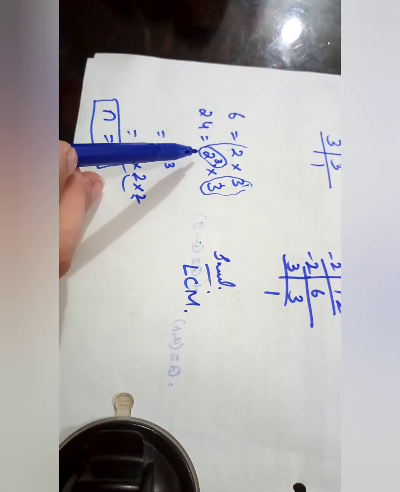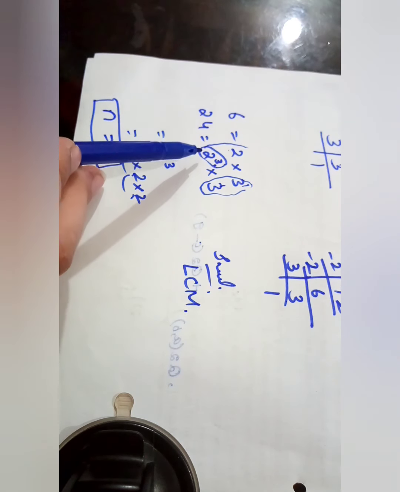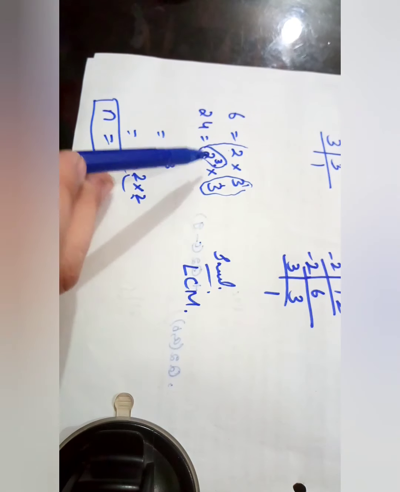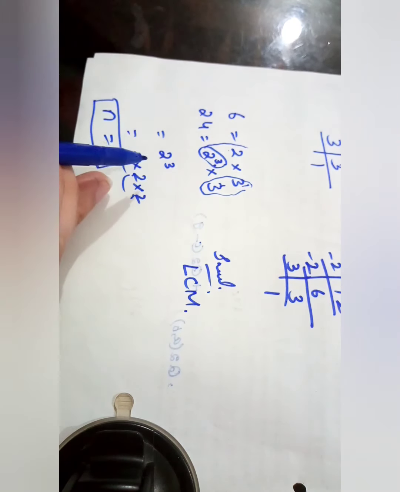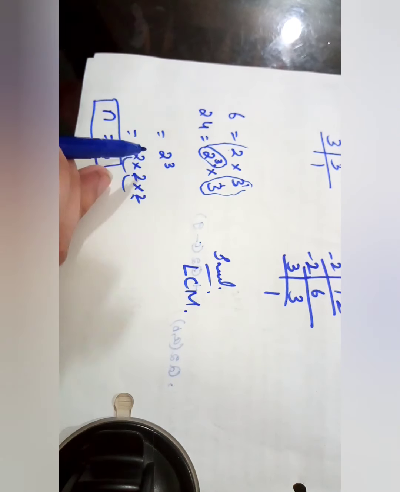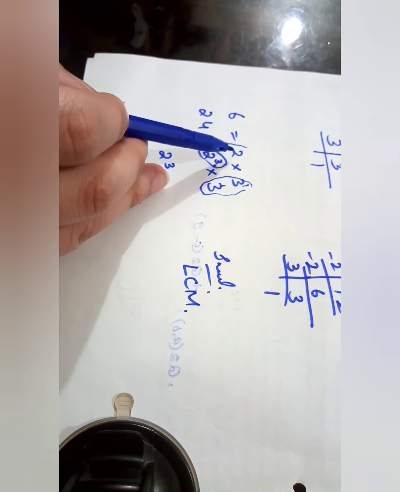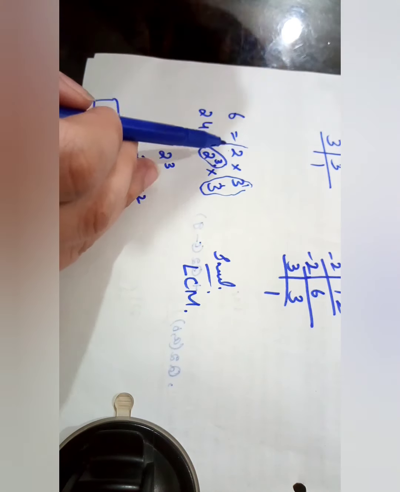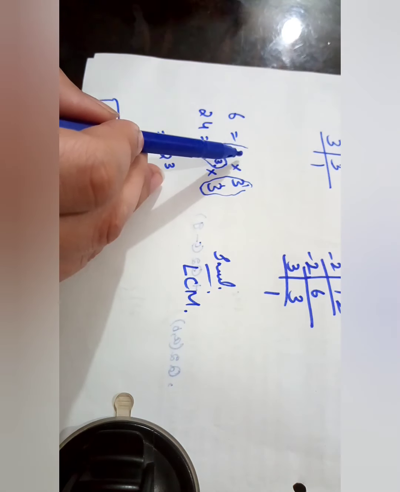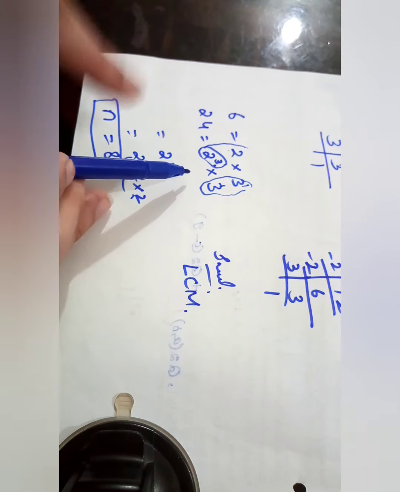Whenever we are working with the LCM, we will take the term with the greatest index power. So we'll take the 2 power 3. If it were the case of HCF, which we have done in the earlier lectures, in the first portion of our exercise, in that case we just take the term with the least power, that is the power 1. But whenever you are working with the LCM, you will take the greatest power.